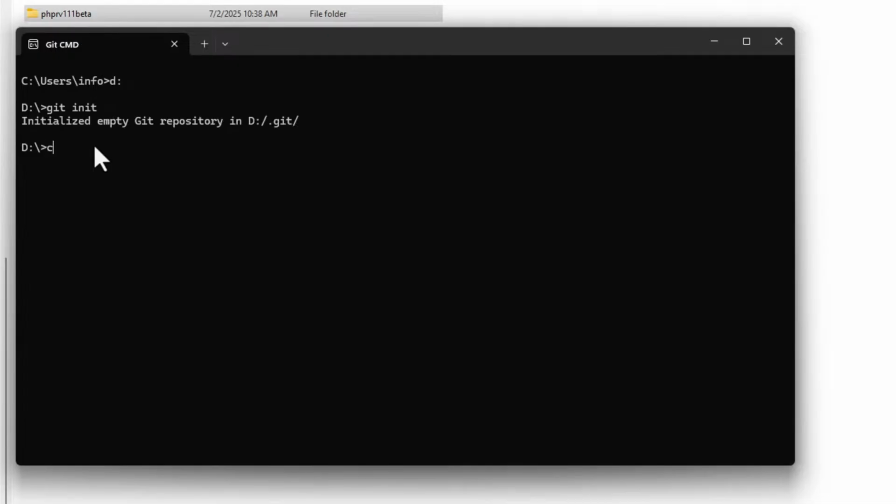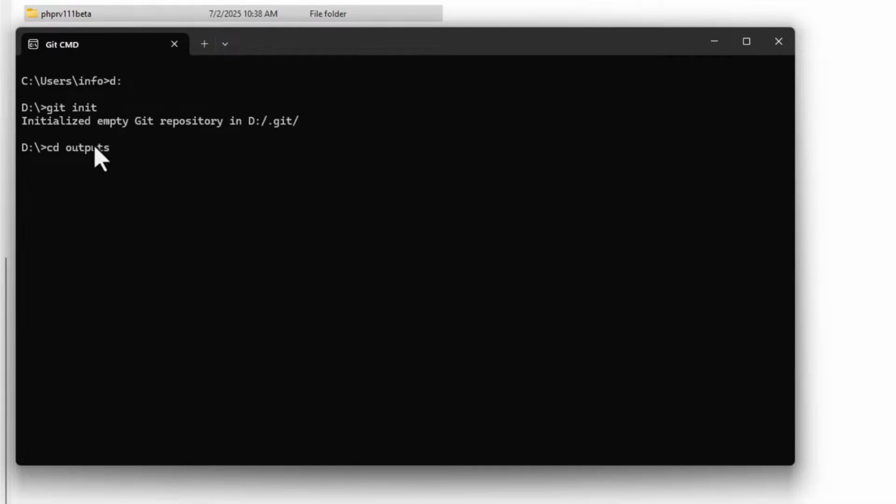Oh, hold on, I initialized the wrong one. I need to change the directory exactly to where this output is going to be. So I'm going to say cd for change directory, space, and in my case it will be different for you. It's going to be outputs, and then, oh hold on, this is Windows.